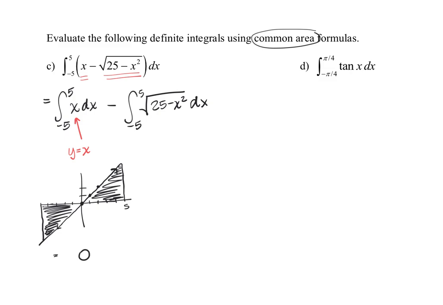We don't even need to compute the actual area of these triangles because we know that the base and the height are going to be the same. Therefore, they're the same triangle, just one below and the other above the x-axis. So we'll have 0 minus, and now we move on to the second curve here, this